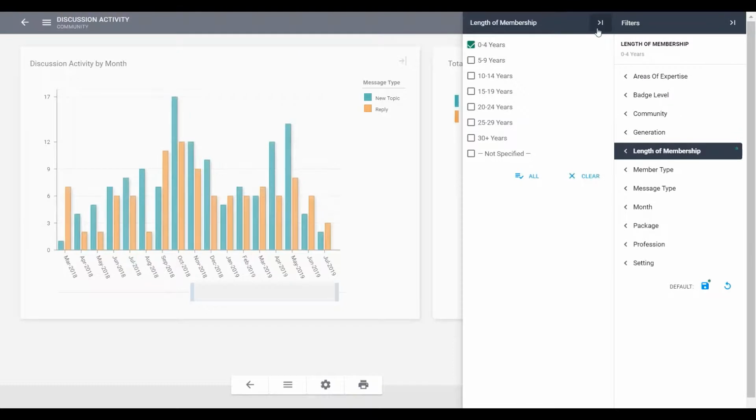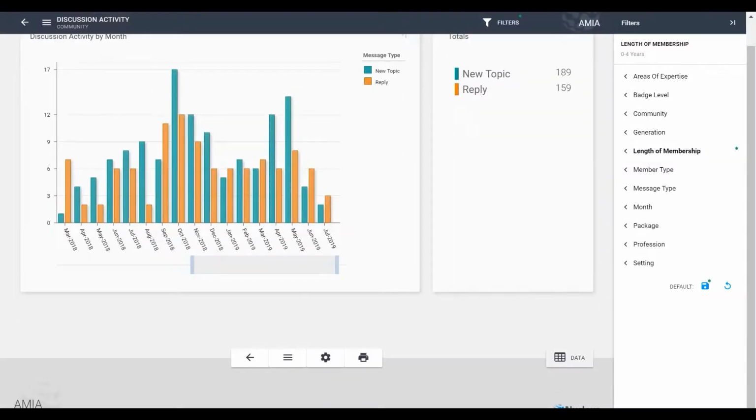And so when I do that, it shows me all of the topics, all of the replies that members in 0 to 4 years of tenure are interested in and talking about within my community. And if I scroll down here to the bottom of the screen,